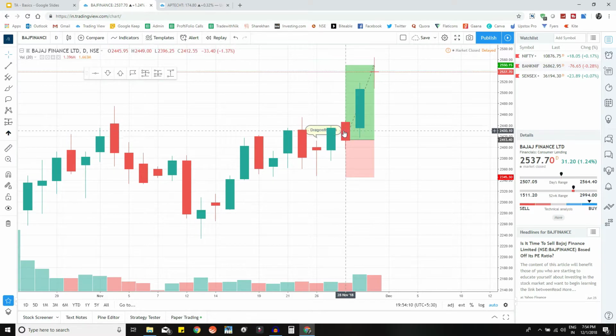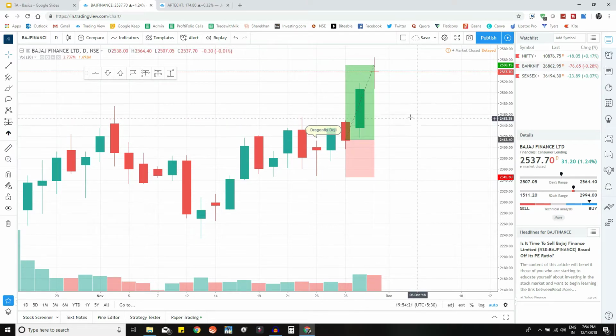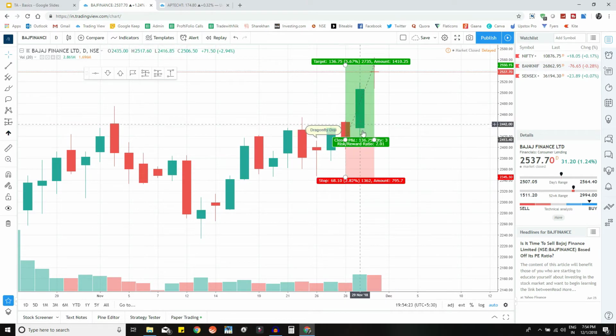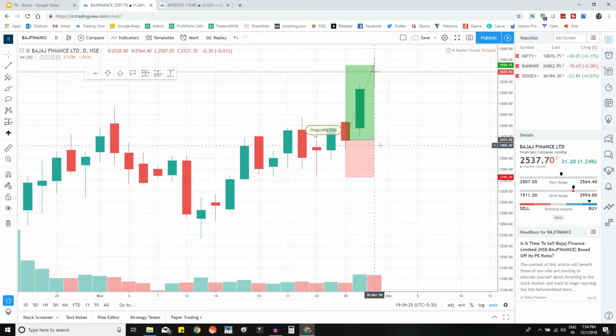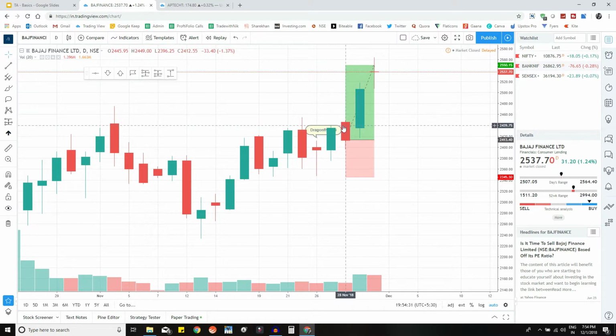So we are going to place the order a little bit above the high of the doji candle, and the stop loss a little bit lower than the doji candle. If you see, we have tried to maintain a risk to reward ratio of 2:1. So we got our trade on 28th of November and we booked the profit on 30th of